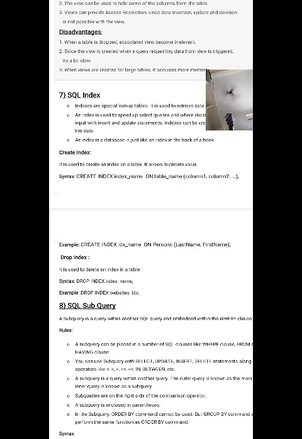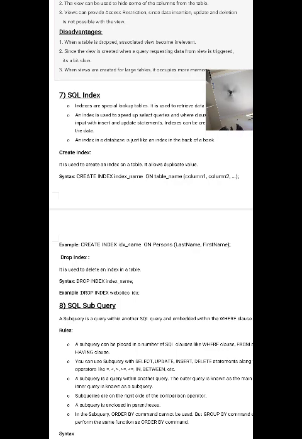By using that index, if you want to search particular information of an employee based on the name, suppose you write SELECT * FROM persons WHERE first name equals some name. Since you already created the index, within a few milliseconds the relevant answer for that query will be displayed.